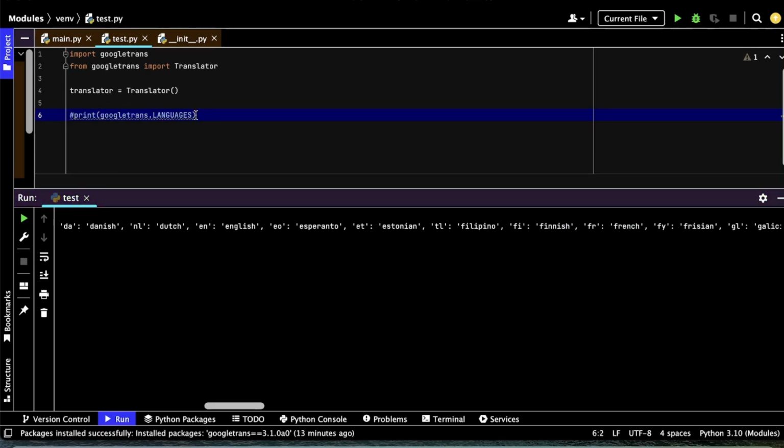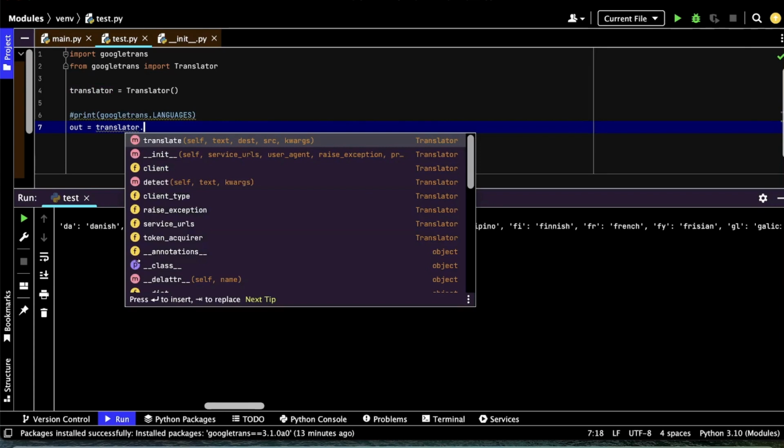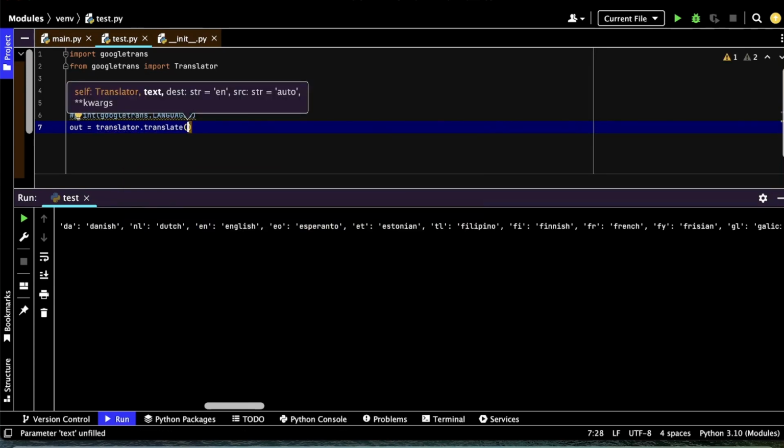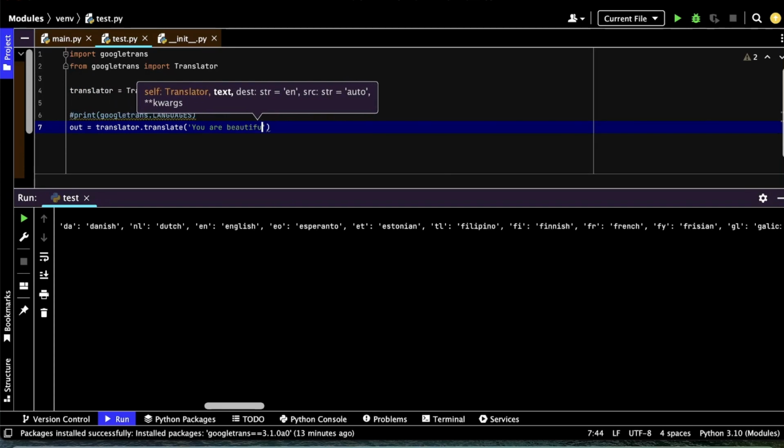Alright, so how we comment this line? I will write something like out translate. I will translate from English to French, for example. Let's try. I will say something. You are beautiful. And I will translate it in French. FR stands for French, so